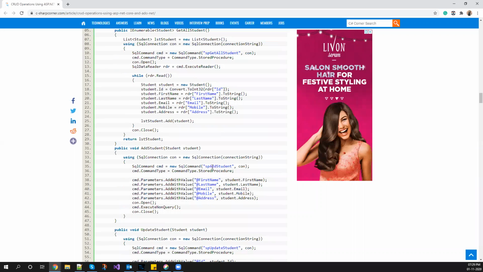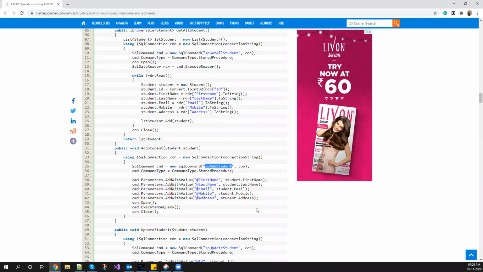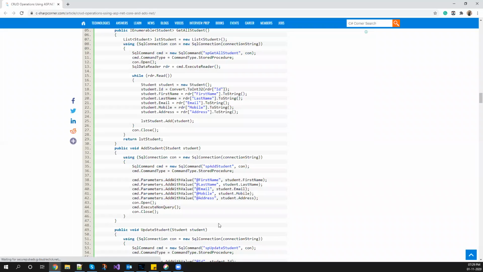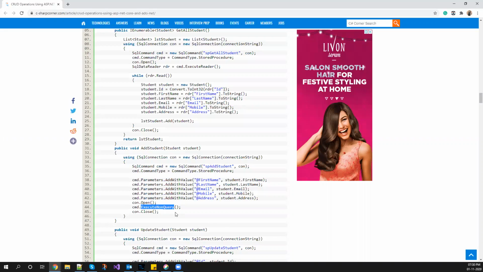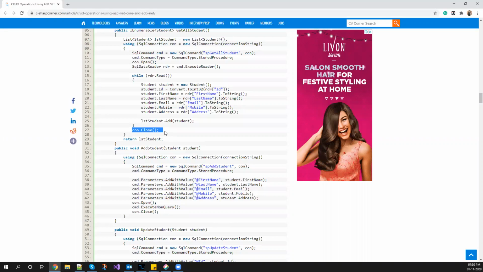And again, see, this one is a good one, the insert operation. Here you can see how you can pass values to the parameters. There is one stored procedure, the insert student procedure, and you will have a number of parameters there. You see parameters add with value. You just have to verify the parameter name and the value you pass to it. As I told you, we used execute reader because we wanted to fetch a list of records. Here I am doing an insert, so I'm using execute non-query. Dhananjay, your question, do we close the connection? You can see here con.close.